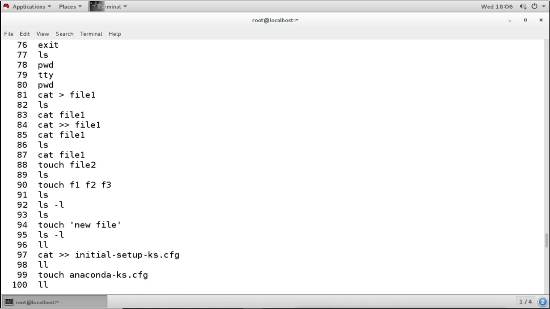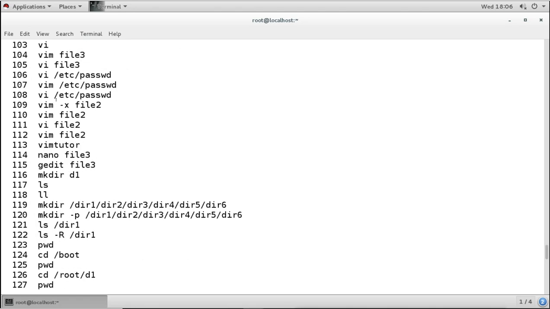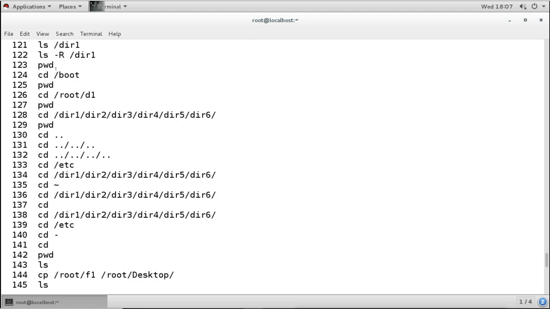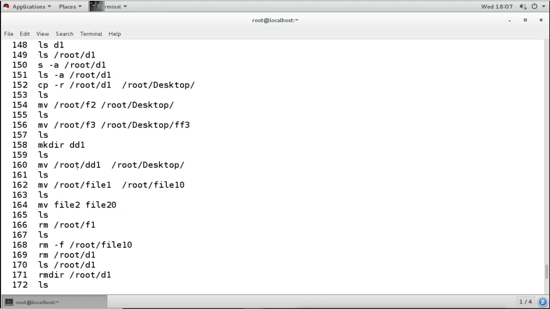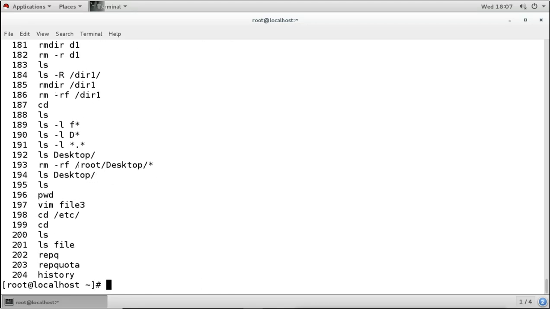We have seen touch, nano, then making directories, the cd command, the move command, the copy command, and then the remove command. So this is the whole set of commands we have executed since we logged into this terminal.